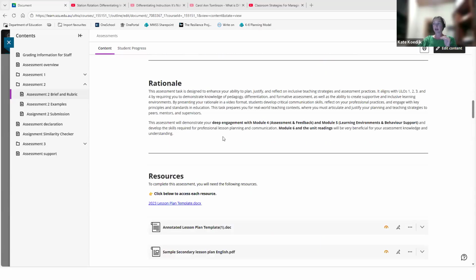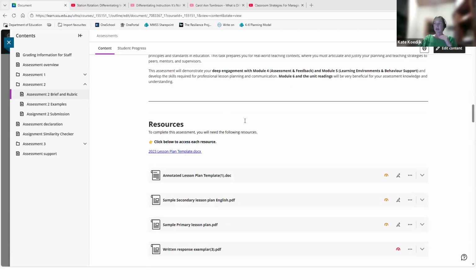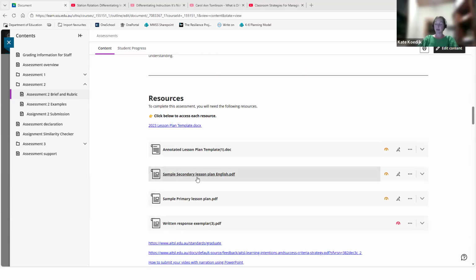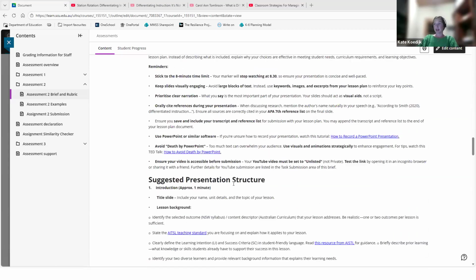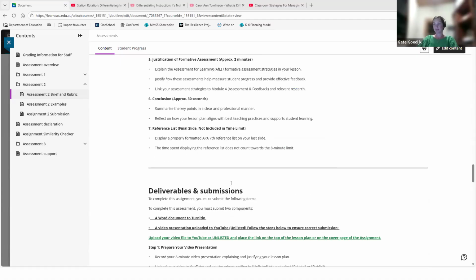You need to make sure that you go all the way down. So the resources are there. If you haven't had a look, there's the lesson plan template. There's even samples of a primary or secondary lesson plan. If you keep going down, down,